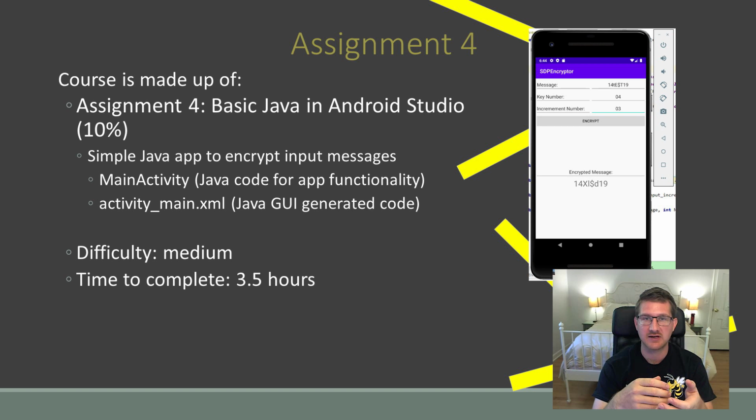It's a simple encryption app that allows the user to input a string and then outputs the encrypted string. This assignment I would rank as a medium difficulty. Not that it was particularly hard, but just that Android Studio, for somebody who's never used it before, can have a couple of tricks that you just need to do some Googling. It's not a terribly hard assignment. It really only takes 3 to 3.5 hours,